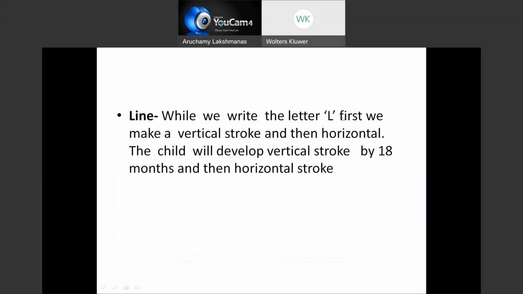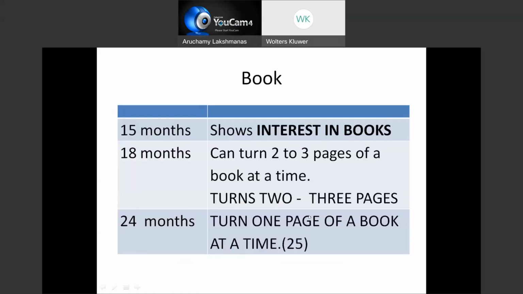So while we write the letter L, first we will make a vertical stroke and then the horizontal. Remember that? The child will develop the vertical stroke by 18 months and then the horizontal stroke. So remember this. So as far as the book is concerned,